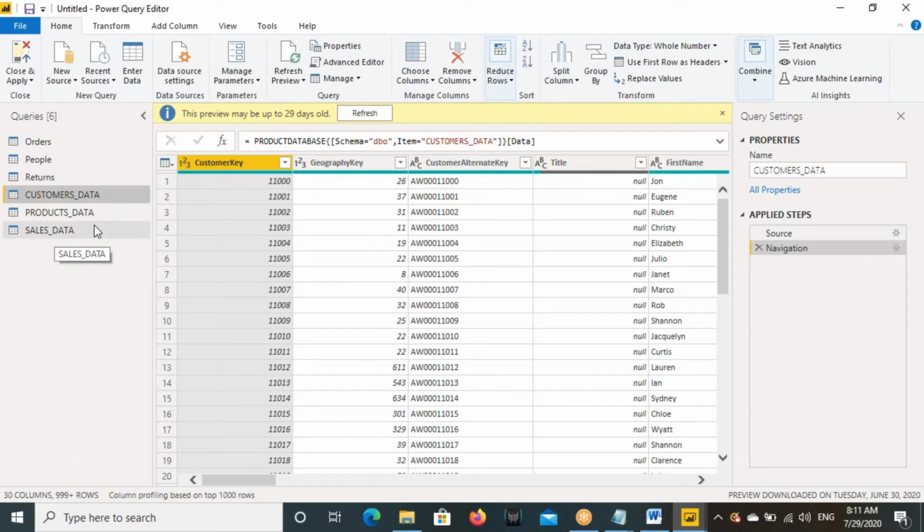Like this, you bring the data from different data sources. Once your data is there,